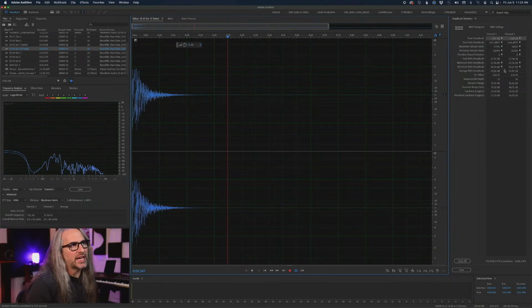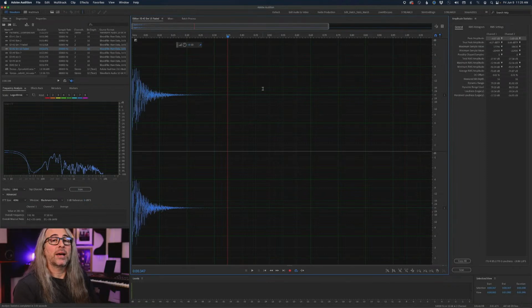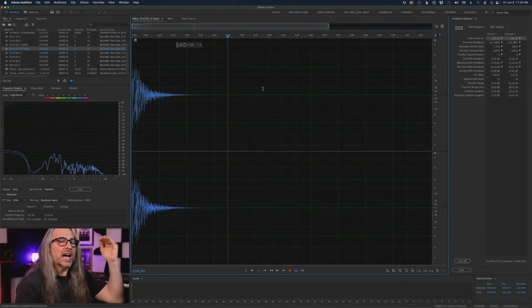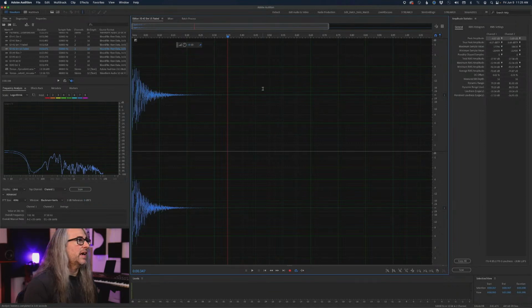So I want to get rid of DC offset. I want to normalize everything to kind of the same relative level, maybe -3. And then, again, just to add to the mix, maybe I will do something like add an EQ, and then maybe I'll add some reverb. So the idea is that I'm going to create a script or a favorite, or for those familiar in the Photoshop space, a macro that applies multiple steps to a file all at one time. And you do that by essentially going into those specific effects and running them in real time. And it builds the script for you.